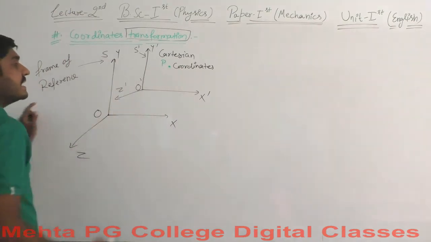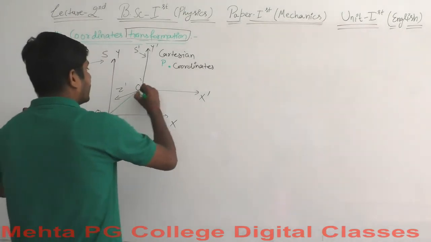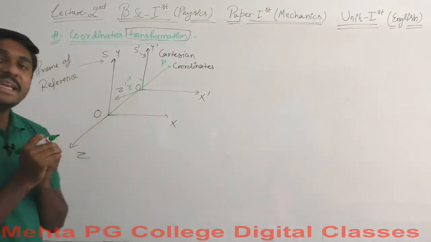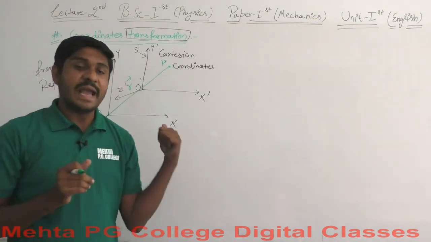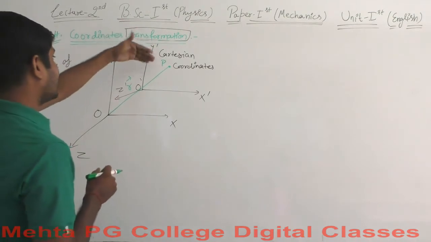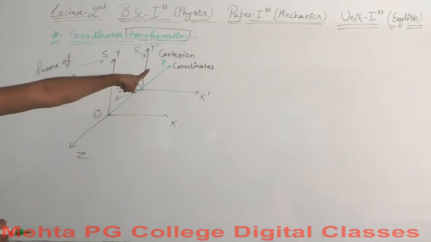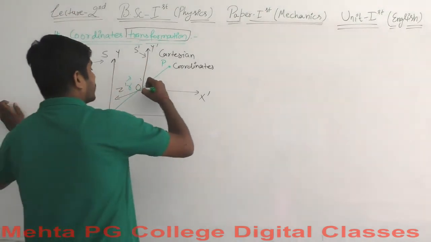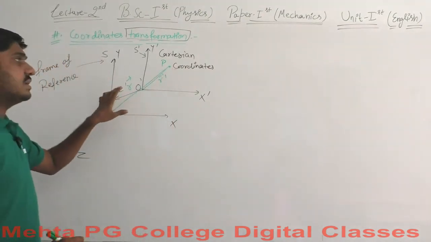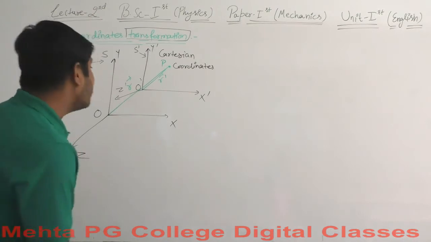Let's say this is point P and this point has a radial distance, the vector r. This vector r is the radial vector for the point P from the reference frame S. And also let's say that in the frame S dash the representation of the point is r dash, from the origin O dash to the point P. This is the radial vector r and this is the radial vector r dash, or the displacement vector you can say.